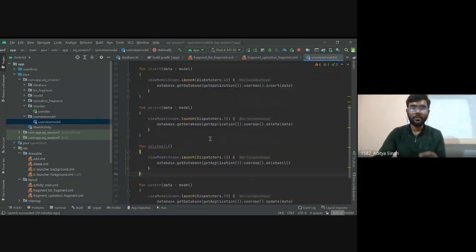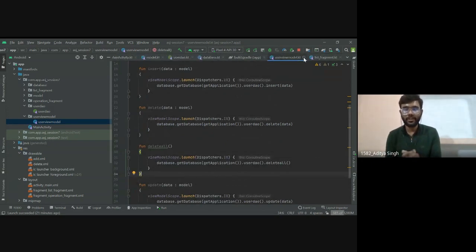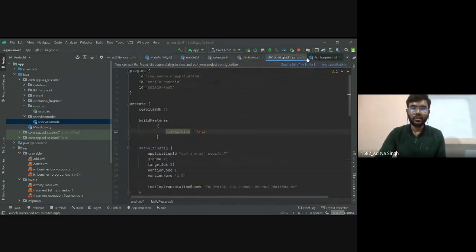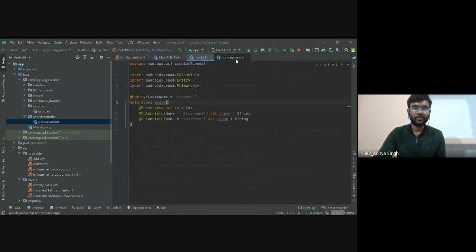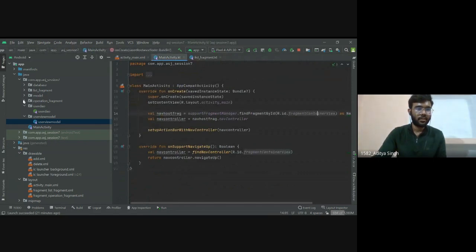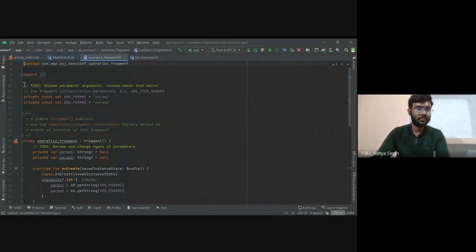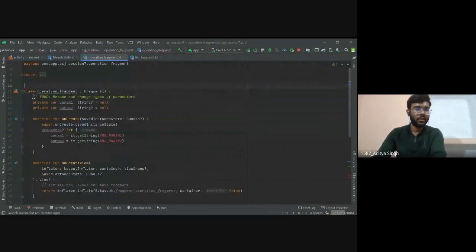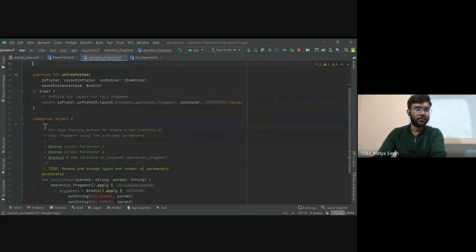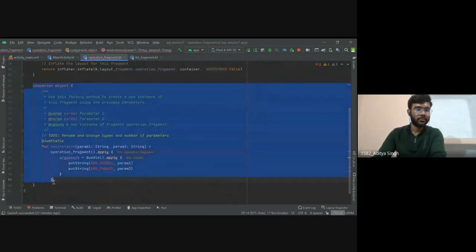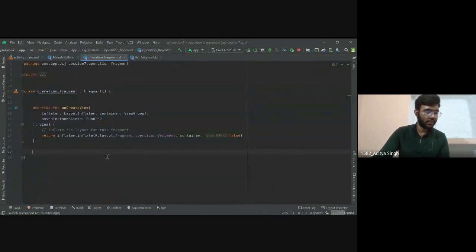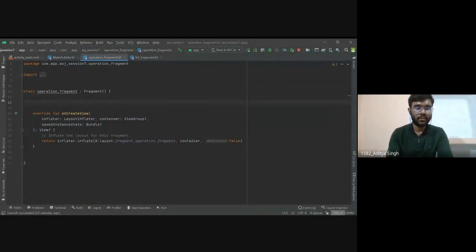So now what I'm going to do, I will write the logic for list fragment and operation fragment. So let's begin with operation fragment first. Okay, and let's close all this, and let's go to our operation fragment, and I will remove this unnecessary code. Okay, and let's enable view binding in here as well.